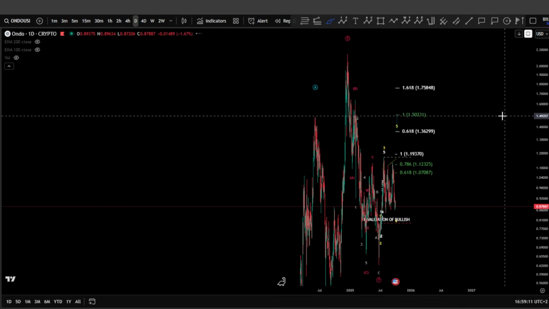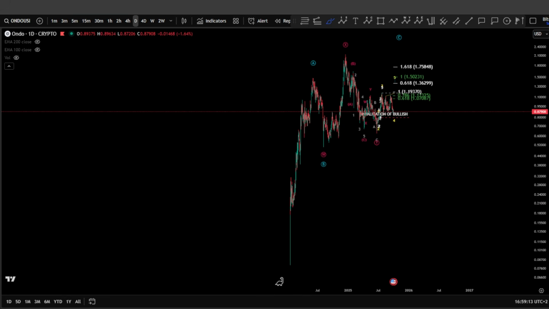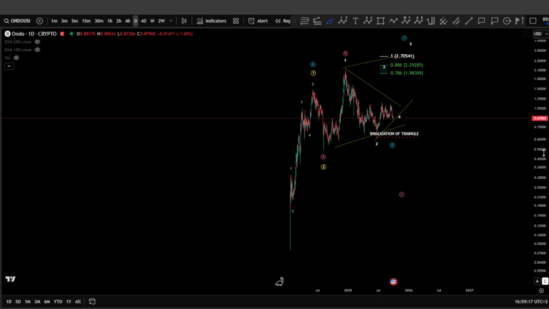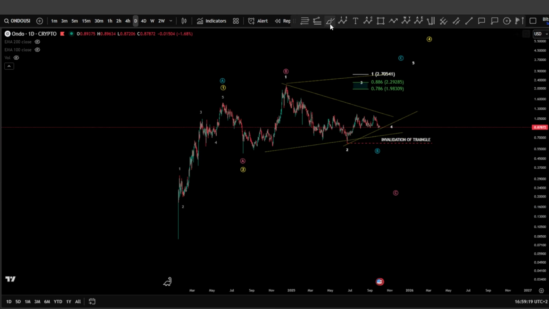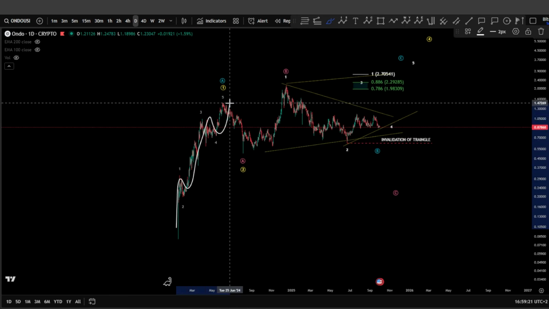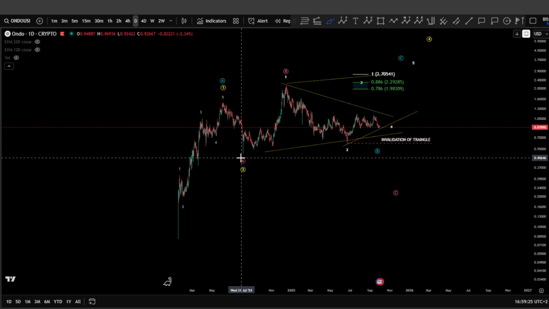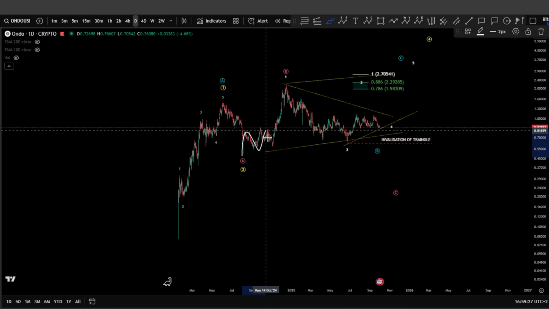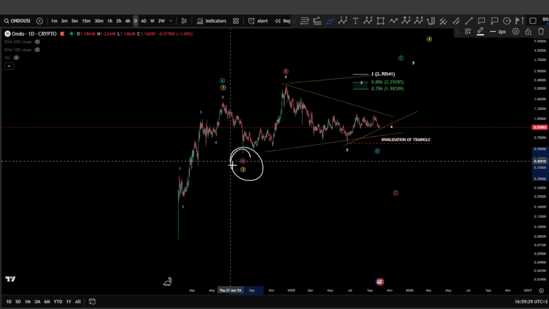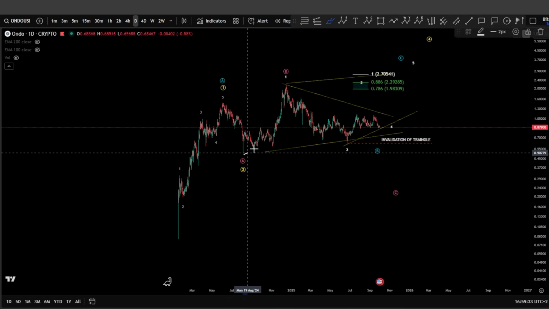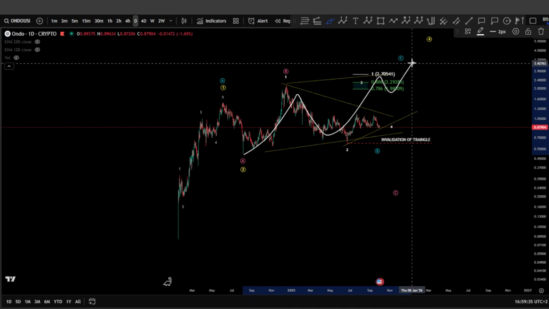Let's see Ondo. For Ondo, on the daily here, we are also looking at a potential impulse toward the upside, where we have a wave 1 or a wave A, 1, 2, 3, 4, and a 5, finished wave 1 or wave A, ABC, as a correction. And of course, we see continuation toward the upside after a potential wave 2. In case this is a wave 2, you would like to see continuation for higher prices.